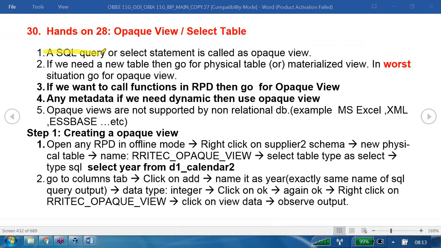A SQL query or select statement is called an opaque view. Till today, in the physical layer, a table meant only one process: we have to import it from the database. The table is already available in the database, and we import that. That is the only process we know. We don't know how to create a physical table within the physical layer itself, even if it is not available